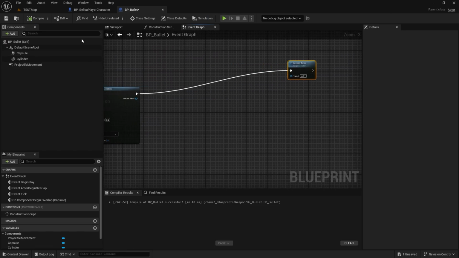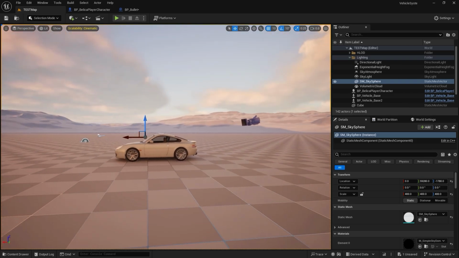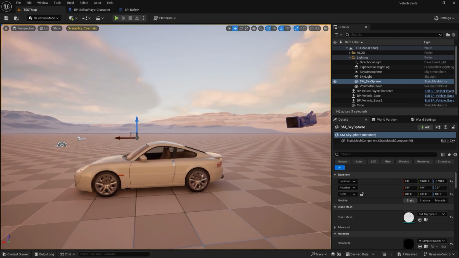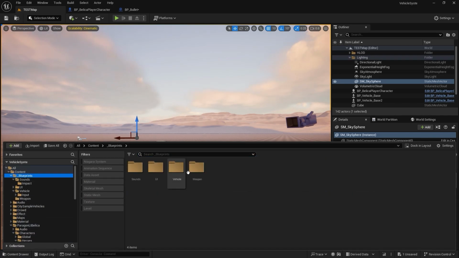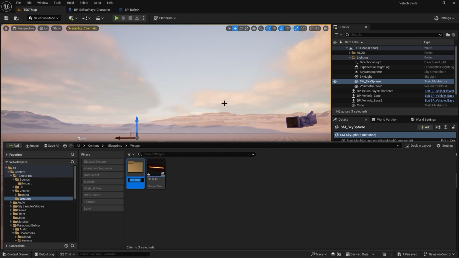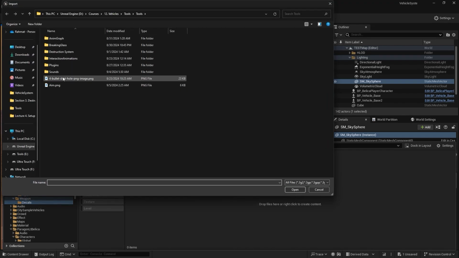And the last thing we want to do is to spawn decals as well. Spawning decals is one of the most important parts of this. So I'll come here into blueprints, and in weapons I'll create a new folder. I'll call this one decals like that. And then if I come here and import, from tools here you can see this